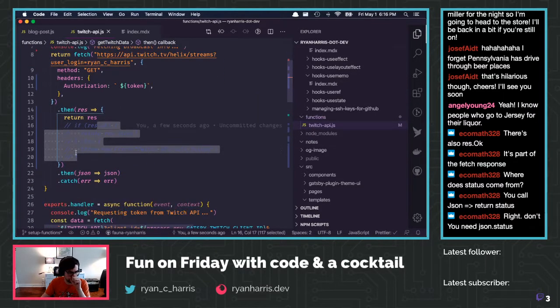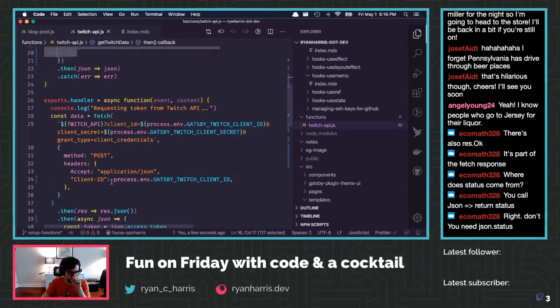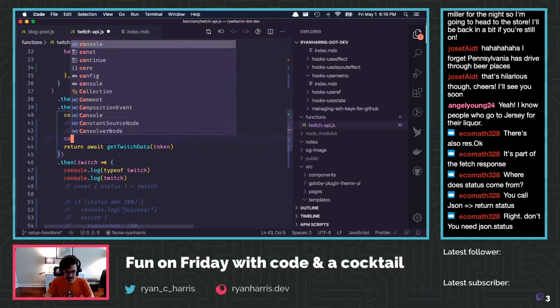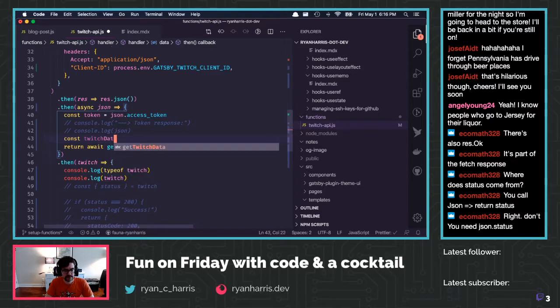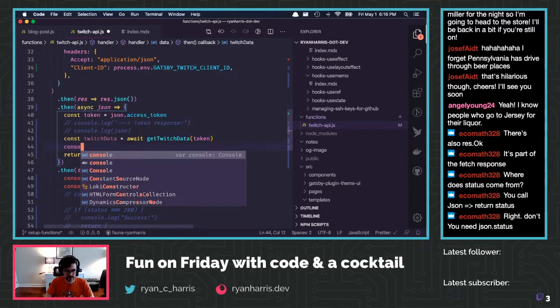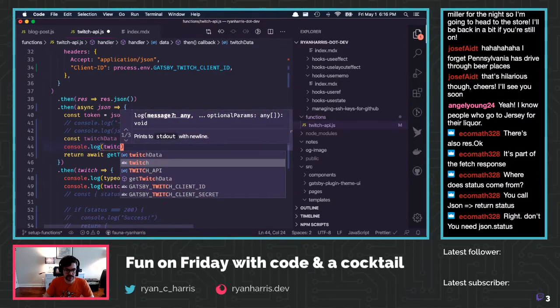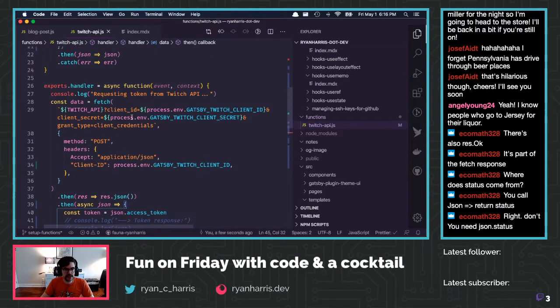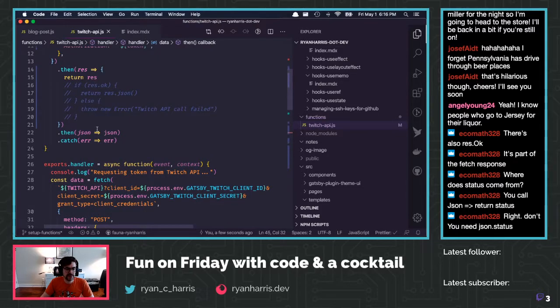So if this just returns the res, this returns JSON, this returns an error, then here we should get, I want to see if this returns, so this parses off the body, which is strange. Return res. Oh, actually it's